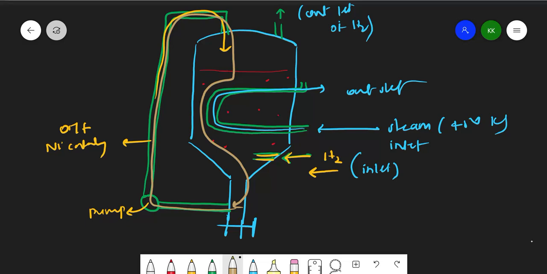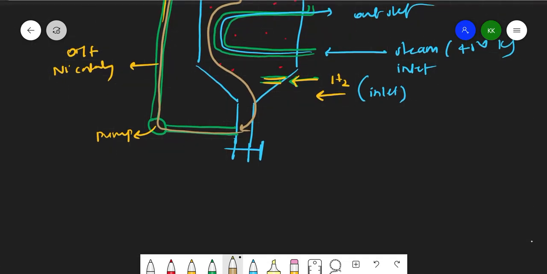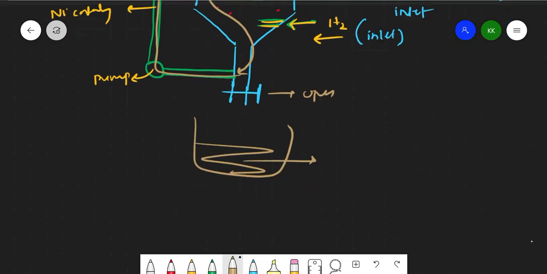Once all the saturated things are there, we just open it and collect it in a container. Here we will have molten fat now, because oil was unsaturated, now it has converted to saturated. So I'll simply call it saturated fat. It will be solid, but since it is at a higher temperature, it will be in molten form, and along with that it contains nickel.